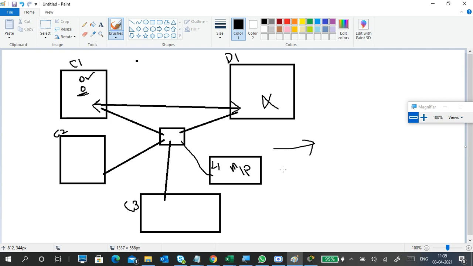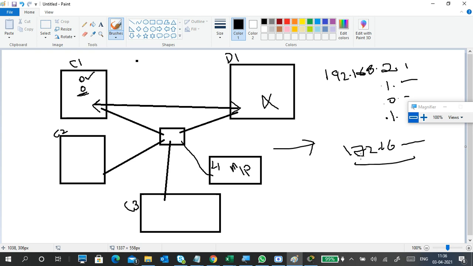IP network can be different, right? Here I'm using the 2 dot series, 192.168.2.0. In the office they are using a 1 dot network. In my sister's home it is a 0 dot network. In my home again it is a 1 dot network. The Hyderabad office is completely different, a 172 series. There are a lot of PCs there, that's why they are using the 172 series.